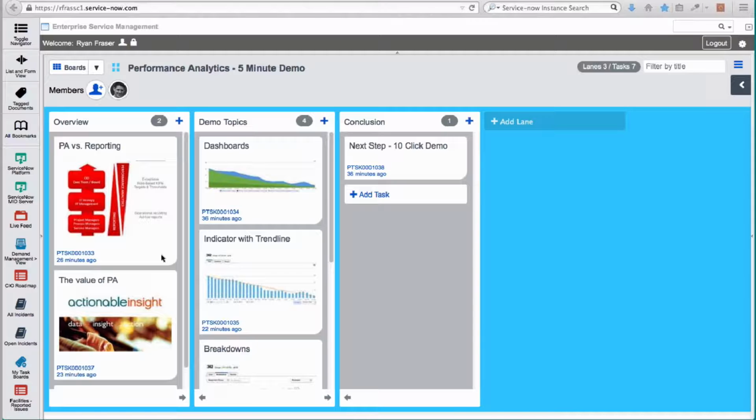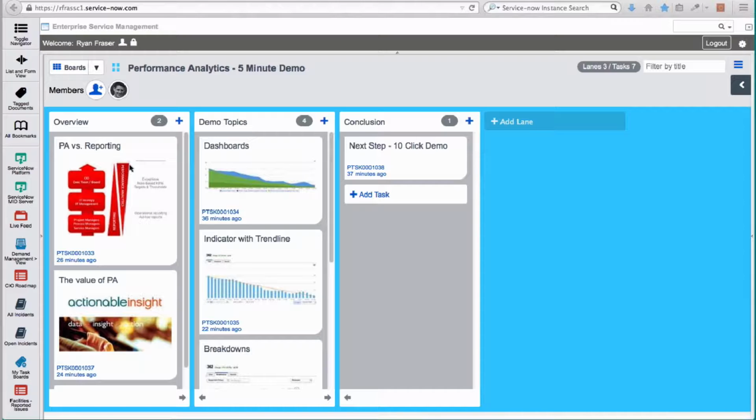How many incidents are currently open? How many changes have a current status? What it hasn't told us historically is exactly that. How many incidents did we have open yesterday? How many records were open the day before that? To help build up this trending information to really understand where we've been up until the point of where we are today, Performance Analytics as a product really differentiates itself from the reporting we've done historically